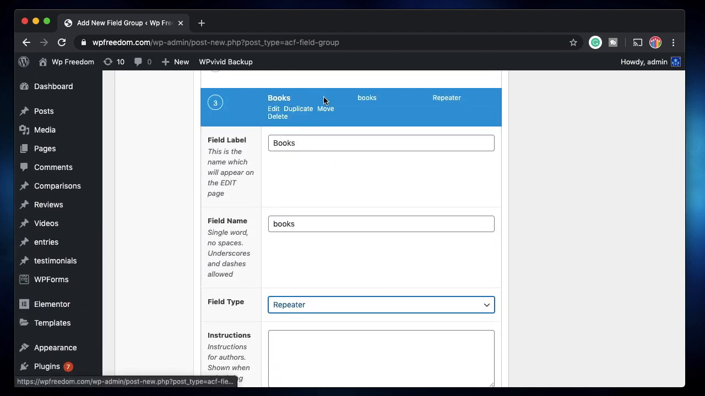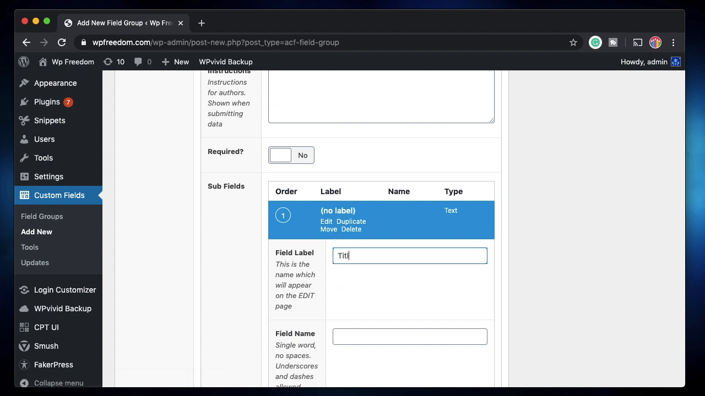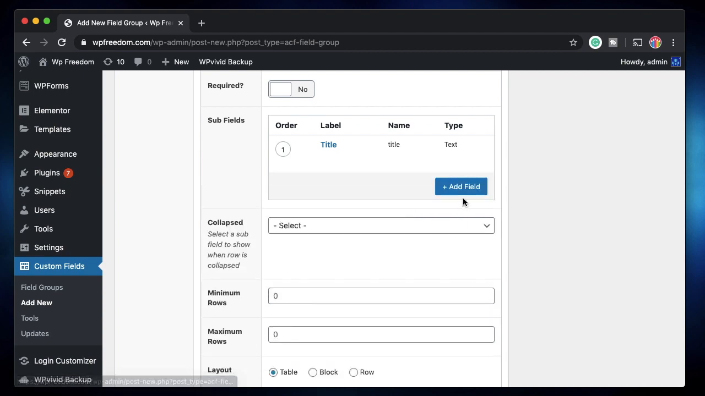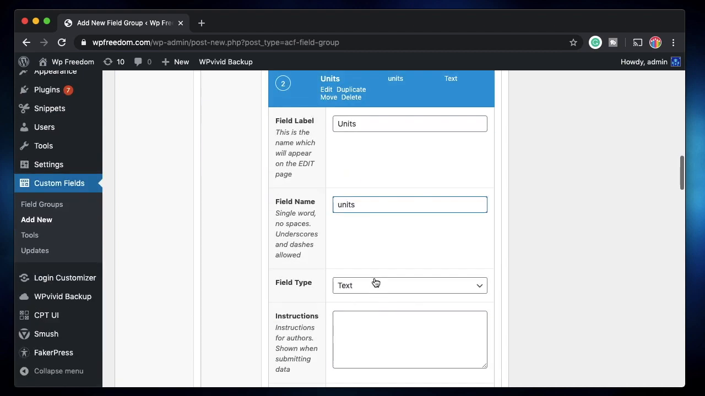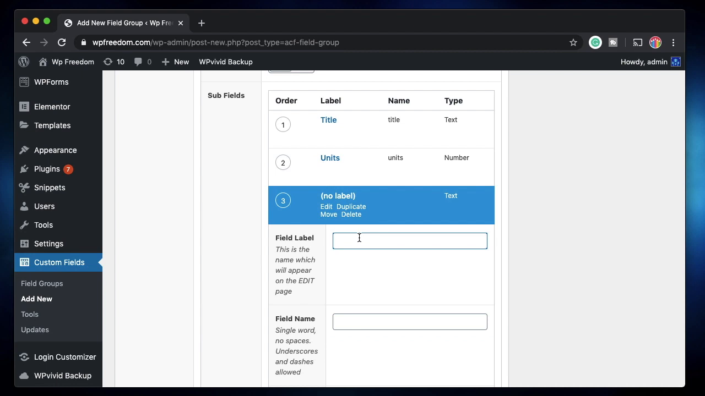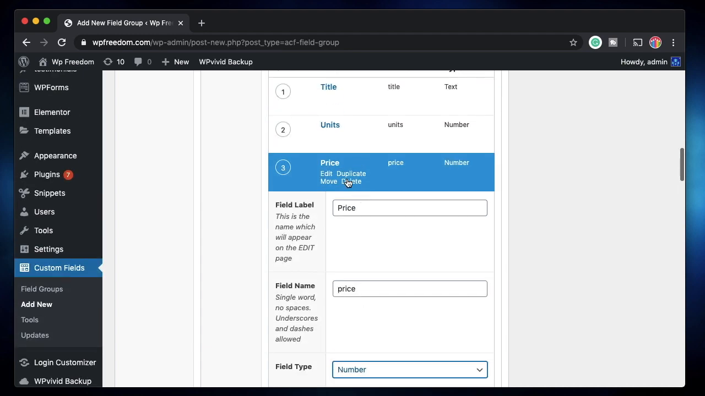Now since this is a repeater field itself, you need to create subfields of this book. So just think of this as an object. This object has various properties, right? So within this subfield, you want to have title of the book, and that's text. And then you want to have units sold worldwide, and that will be a number. And then you want to have price of the book, that will also be a number but in floating digits. I'll choose this and number,